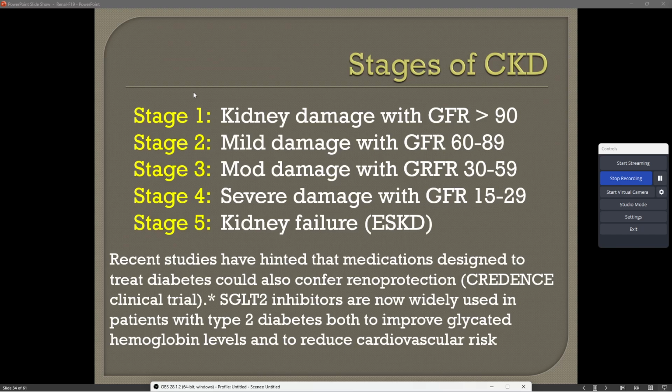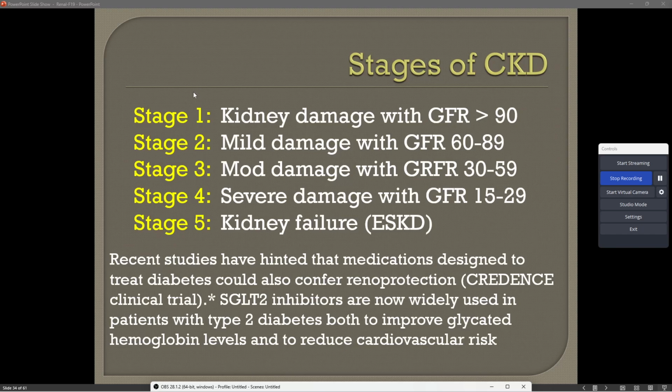Just fun fact, we never use the RIFLE system, the AKIN system, or the CKD stages in the hospital for the most part. And normally, if we do see the stages in the hospital, we don't see 1. We don't see number 2. We see 3 and 4 pretty regularly. But anyway, kidney damage with a GFR greater than 90. Mild damage with a GFR 60 to 89. Moderate with a GFR of 30 to 59, severe with a GFR 15 to 29, and kidney failure outright, ESKD or ESRD,